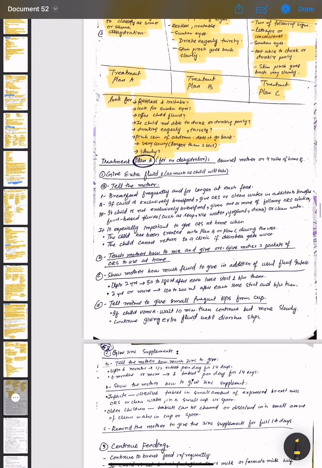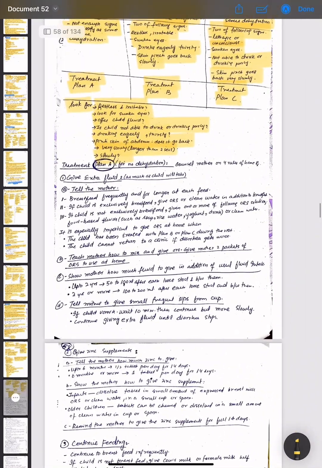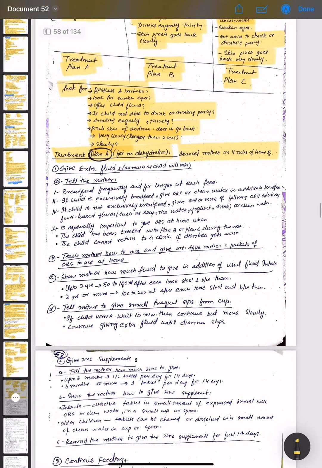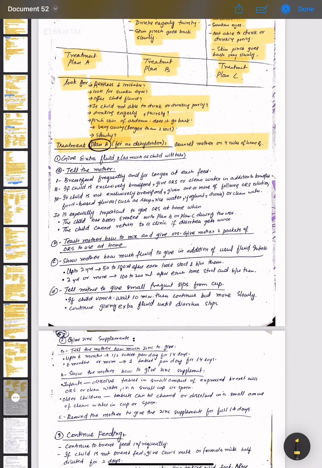Okay, now we will discuss the different treatment plans for diarrhea, which is treatment plan A for no dehydration. Counsel the mother on 4 rules of the home treatment. These are the 4 rules. First of all, give the extra